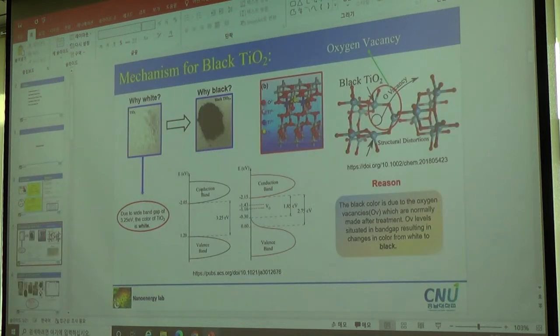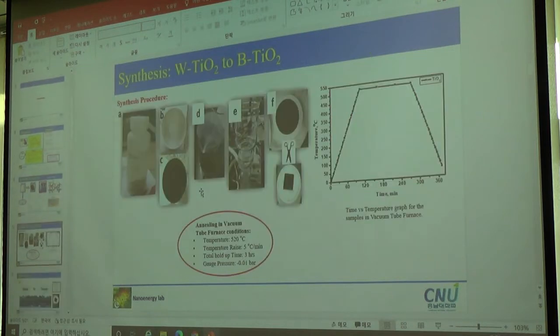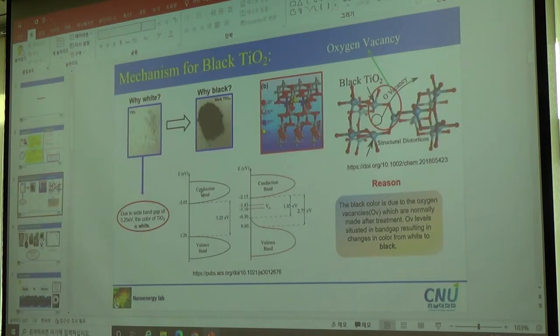So here is the mechanism for my material. Actually, the band gap for the white titanium is 3.2 electron volt, so therefore its color is white. It has poor absorption. So I did treatment. Normally I took this figure from the literature. So actually we introduce oxygen vacancies by annealing,